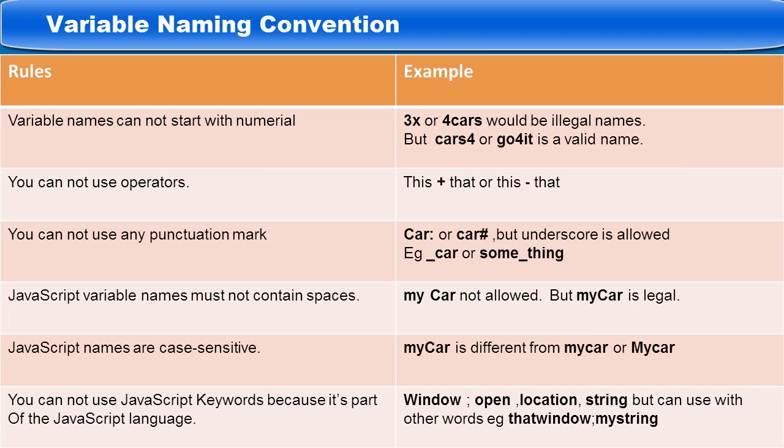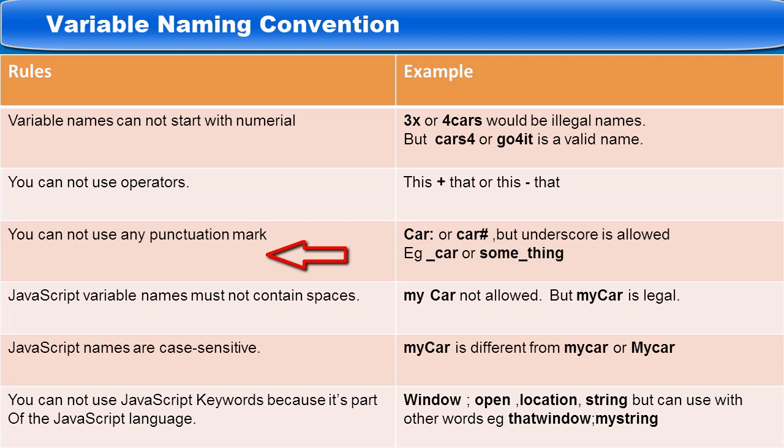You cannot use operators. Operators, I mean either mathematical or logical operators. You can't use those in variable names. For example, you can't call a variable this plus that, or this minus that, or this times that. You can't do that. You cannot use any punctuation marks of any kind in a JavaScript variable name other than